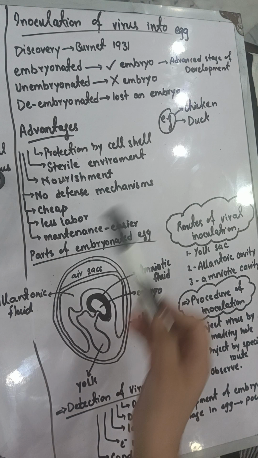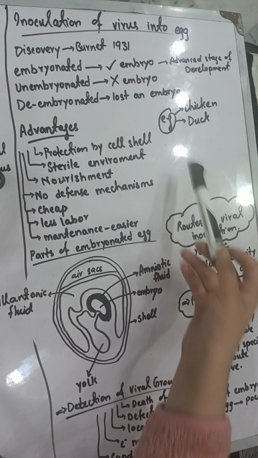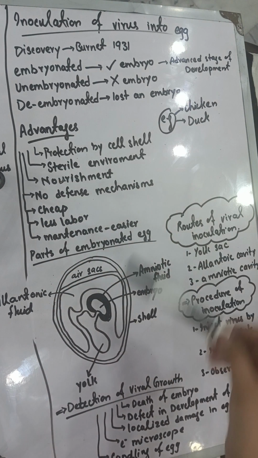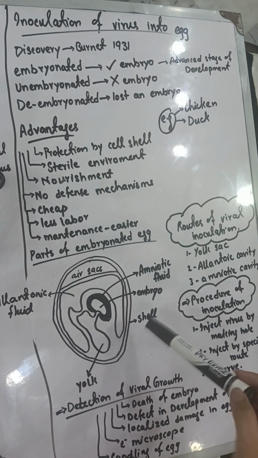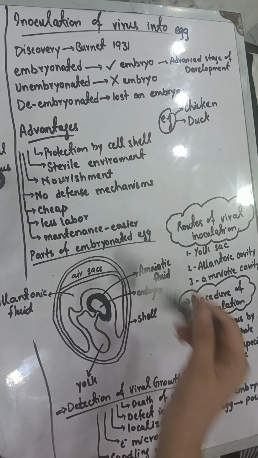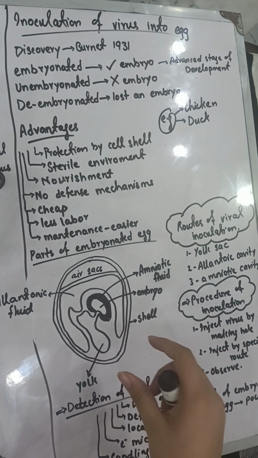And now what kind of eggs are used? So chicken eggs and duck eggs are used for this process. What are the advantages? So it is protected by an egg shell. So here is the egg, and this is the shell of the egg which is going to protect it. It has a sterilized environment, you can see it has protection, a lot of layers, so therefore the embryo keeps safe